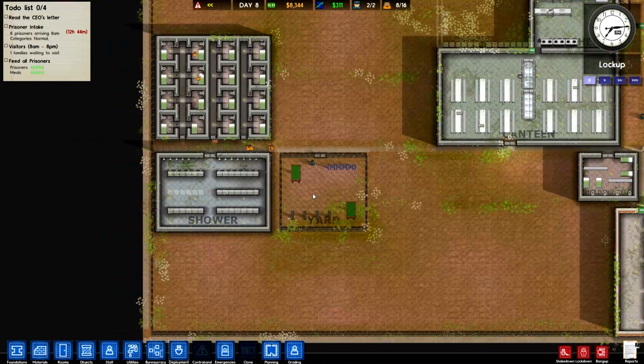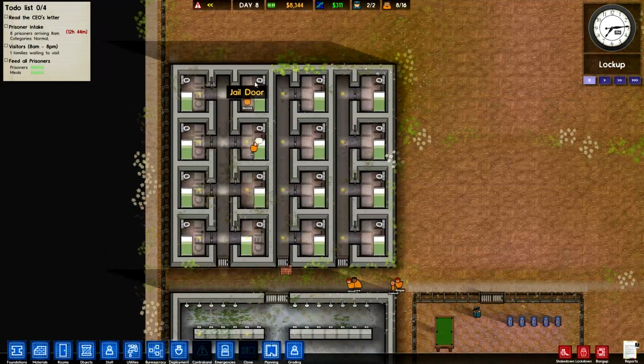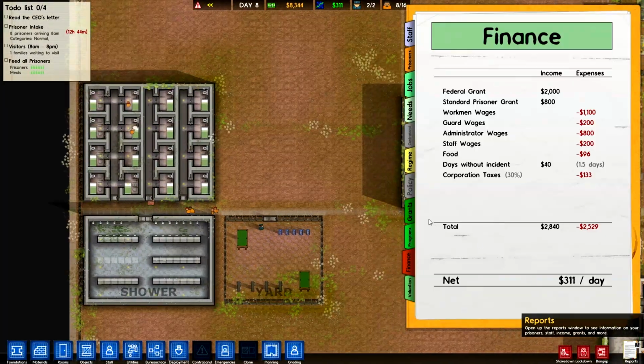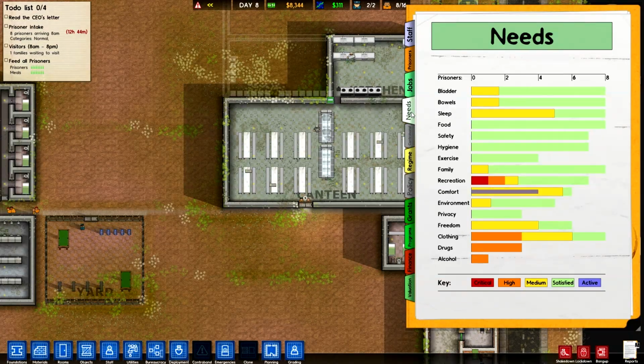As you can see, I've kind of filled out the prison a little bit since our last episode. I finished up my first cell block here. So we've got 4, 8, 12, 16 cells, which will actually get us up to one of the grants that I want to do. There's a few topics I'm going to cover today, the first of which is the Needs